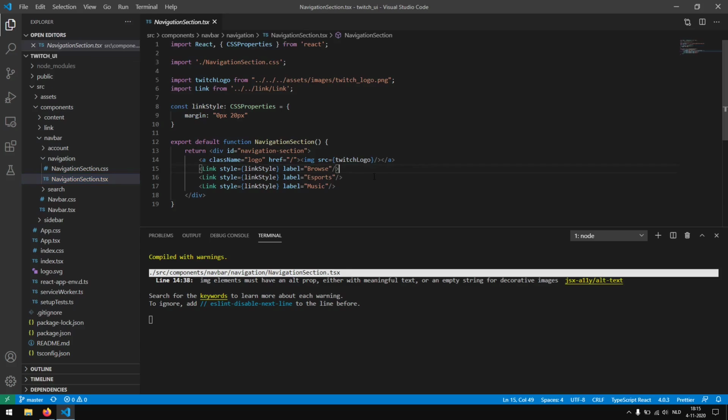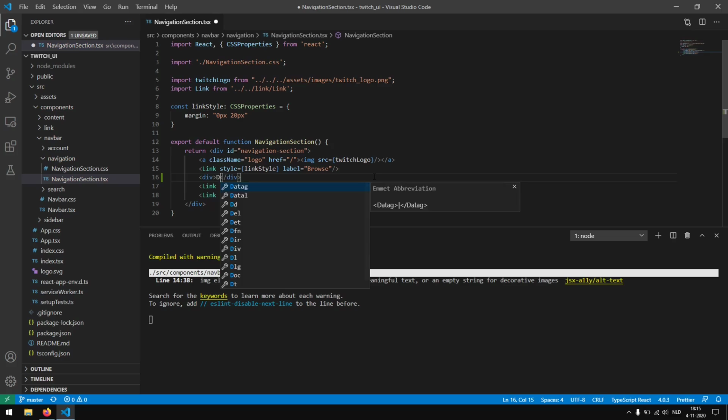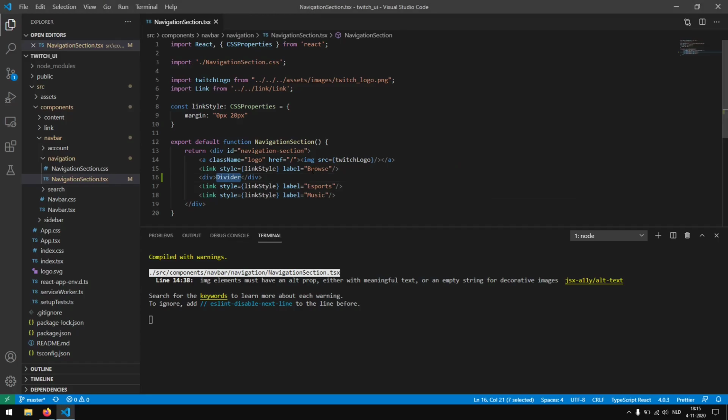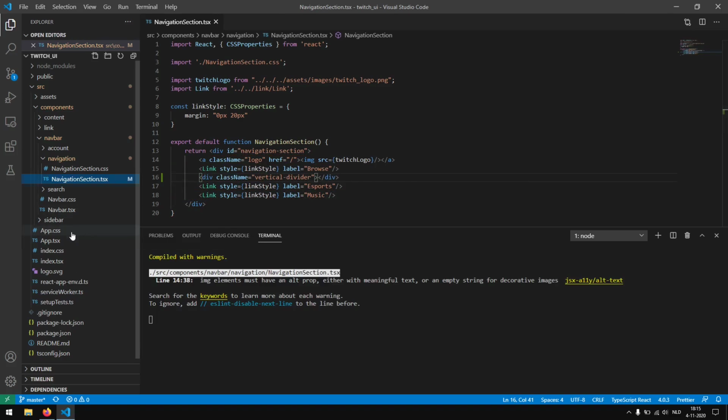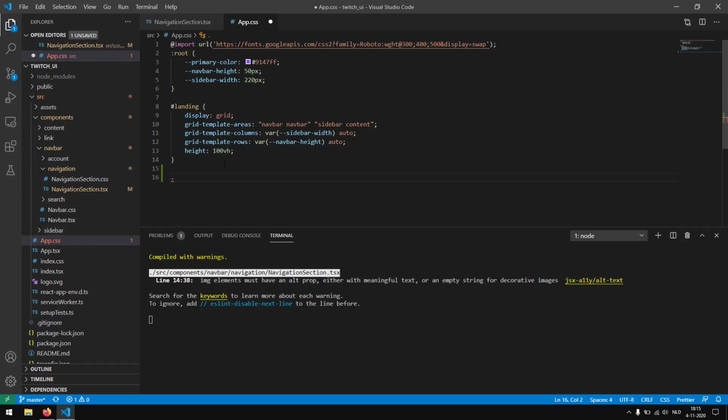and we insert a new div in between our browse and esports section, and we call it divider, and it will refresh the page, we will see that we have our divider right here. But we actually want it to be a line which is really thin and really tall. So we are going to remove this text and we're going to give a class to our div, which will be vertical divider. Next we are going to open up our app.css, and right here we are going to create